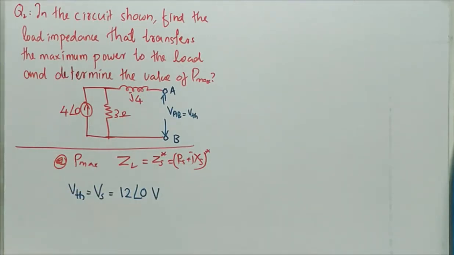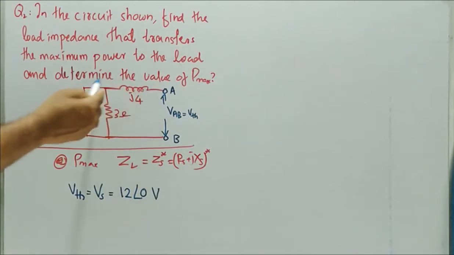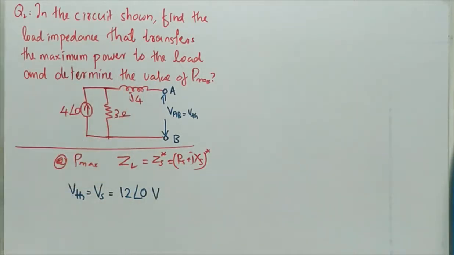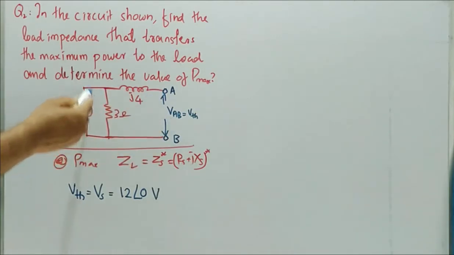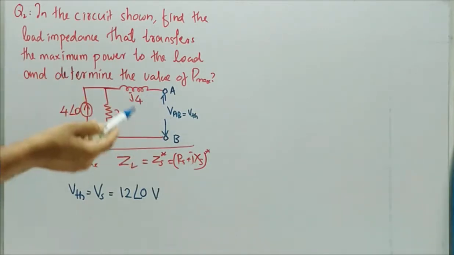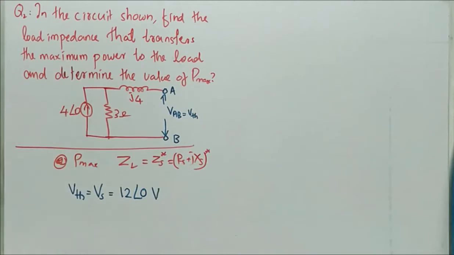Next step is to find Thevenin's equivalent impedance. In order to obtain it, we need to remove the current source, that is, replace the current source by its internal impedance. It can be made 0 by open circuiting. So for the corresponding equivalent circuit, only this part will remain. What is the impedance seen across A and B under that condition if the current source is not available there? It is 3 plus J4.